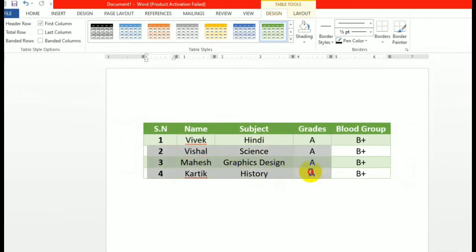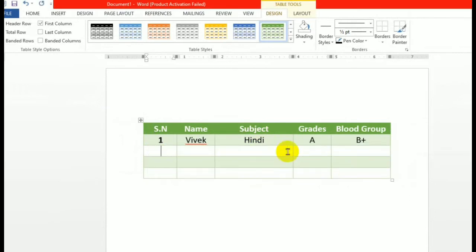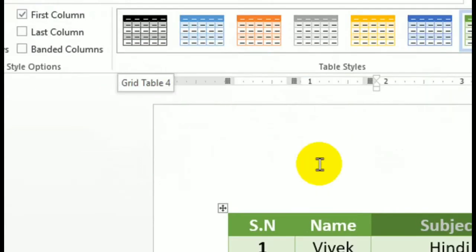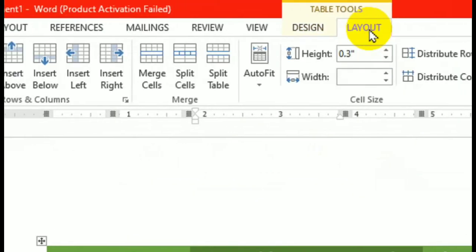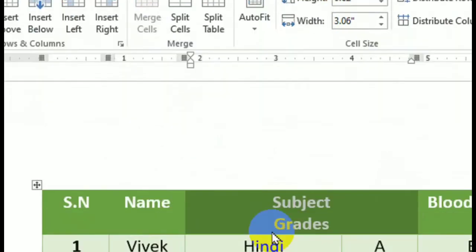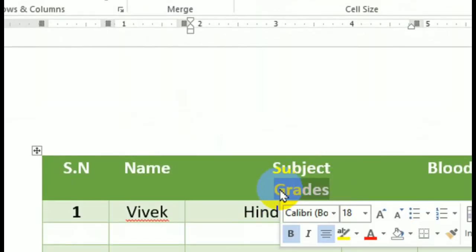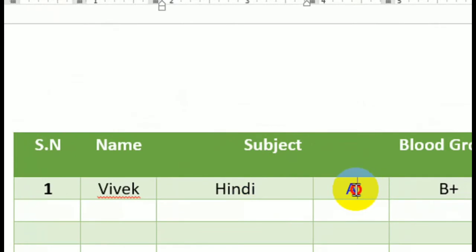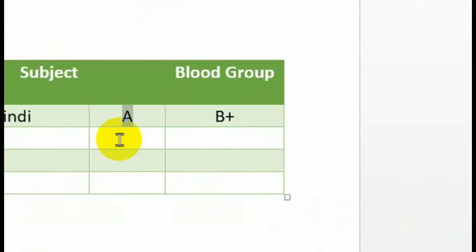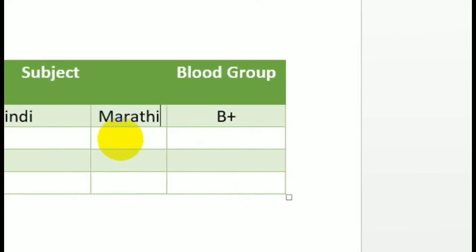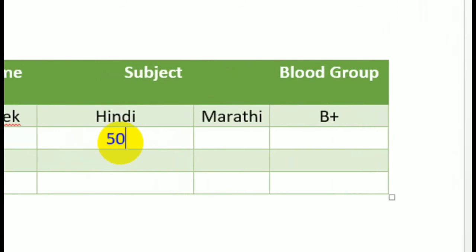Now we'll again revise the splitting and merging concept here. So now we will merge these cells first, and we'll give a proper name because we want to calculate the cells. If two numbers are present, we want the sum of both cells.